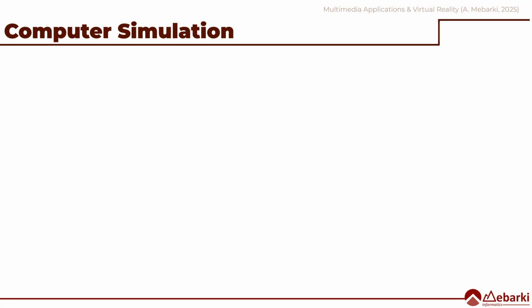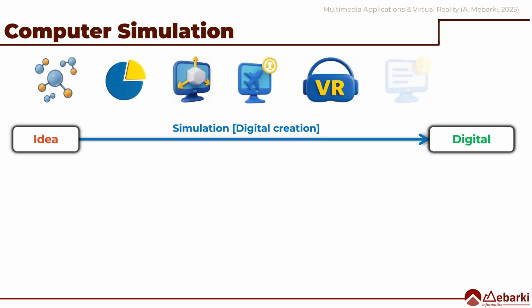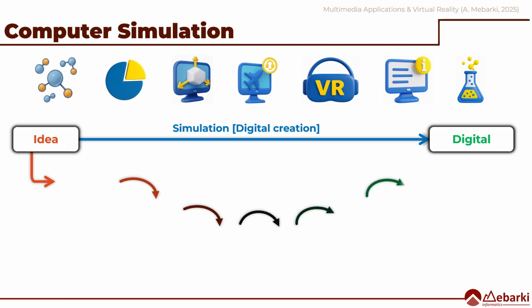A computer simulation is the process of transforming an idea, a concept in the physical world, into a digital production within the virtual world. The concept to be digitized may have a tangible physical existence, but it may also be an abstract notion or a logical construction. This transformation follows a pipeline designed to ensure the production of a high-quality digital creation that faithfully reflects the original